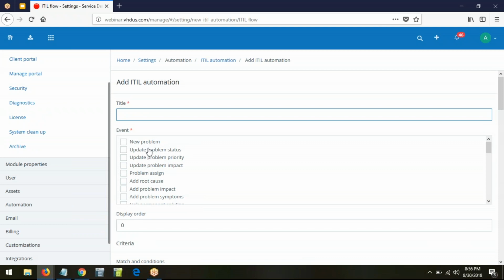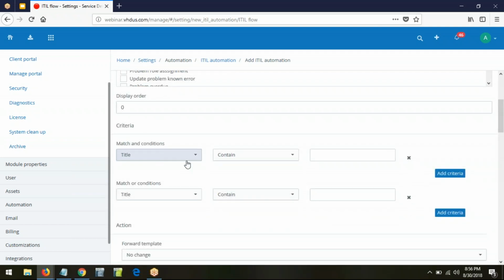So there are multiple conditions in events. For example, in case of a new problem, or in case of a change in the problem status, problem priority, or problem impact, or in case of problem assign, or when a root cause is added, or the impact is added, or the symptom is added,